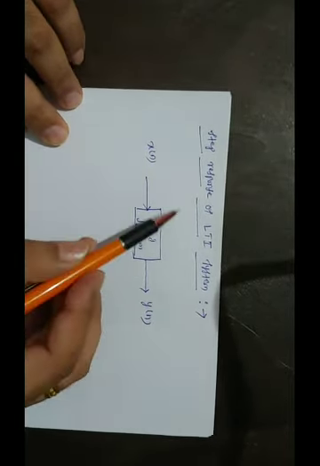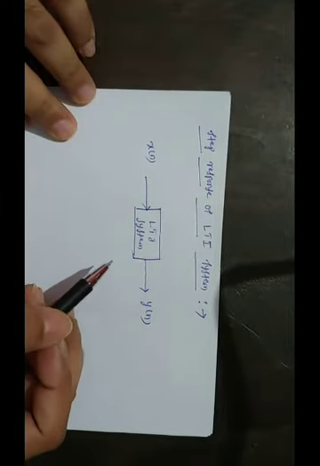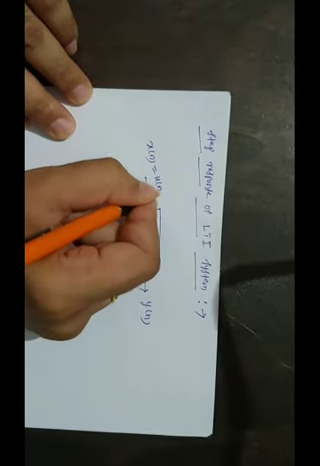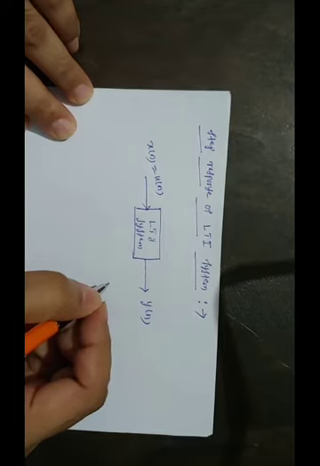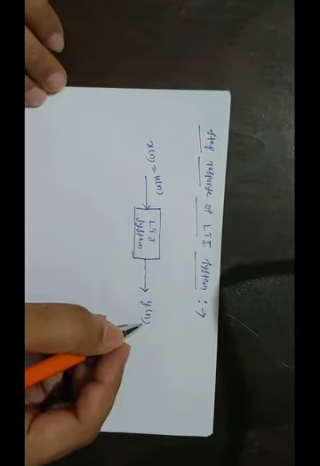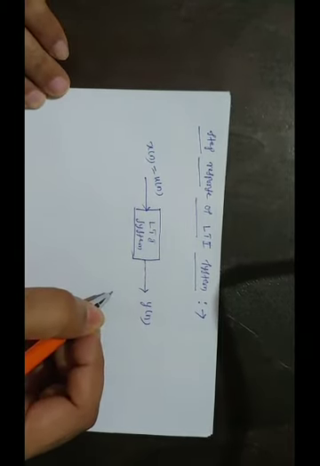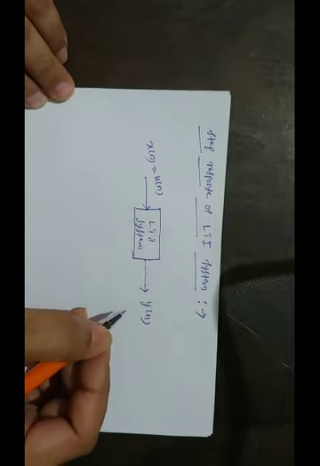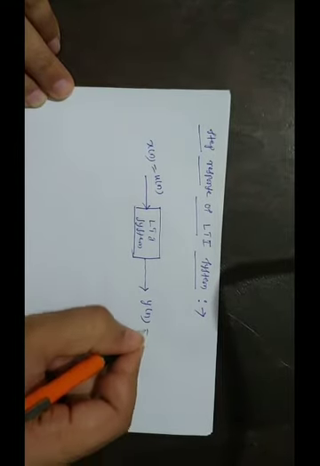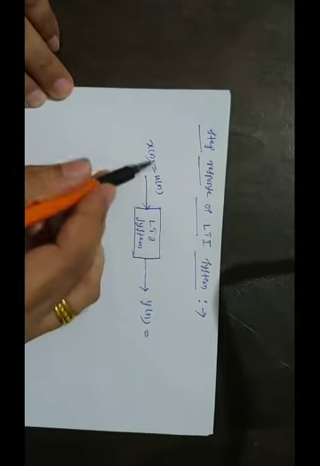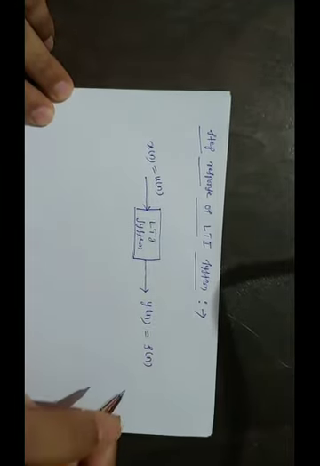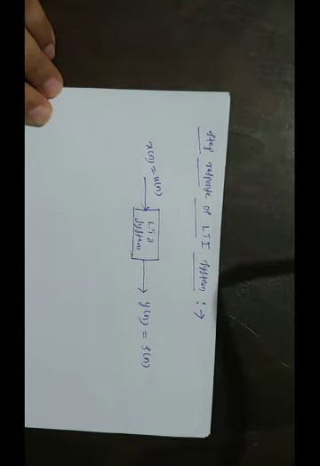Now what does the step response of an LTI system mean? Suppose we apply the input as a unit step function, that means if I apply the unit step function u of n, what is my output y of n? In terms of impulse response, we have to analyze. That is nothing but the step response of the LTI system. So for the unit step function input, let us say my output is s of n. We are calling it s of n. So let us analyze.